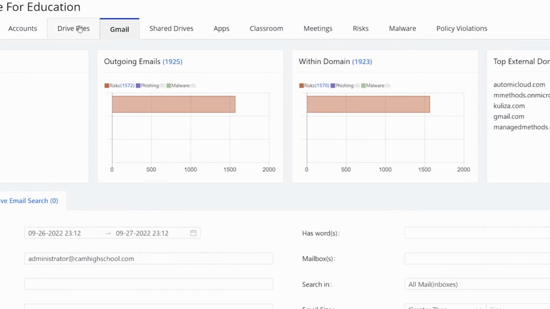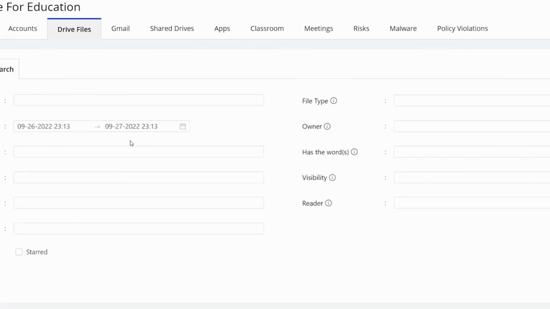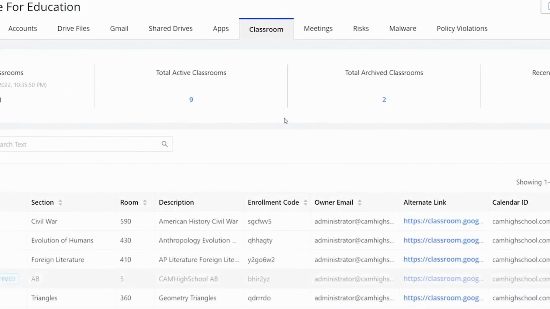The next change has been over here on the Drive Files tab and specifically on the live file search. And this is just going to be the introduction of the ability to search by file ID. So now you're able to search by those file IDs as well, if you prefer to look for a very specific file there. The final changes here to the platform have been over on the Google Classrooms tab,